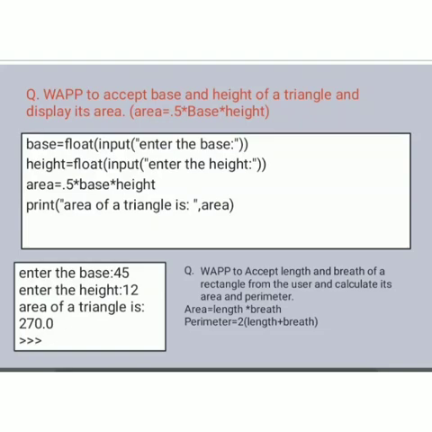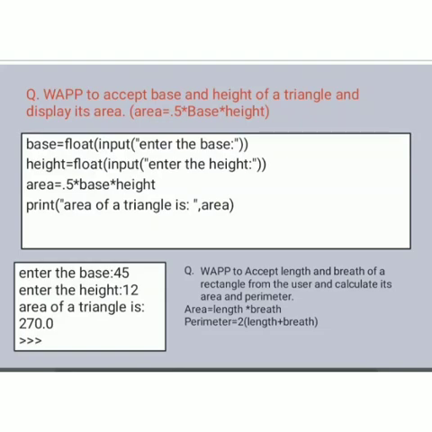It's the time to print the result. With the help of which function? The print function. So the last line of the program we are writing here, print in the brackets, "Area of a triangle is", which is a constant value, comma, it will be displayed as it is. Area is a variable. A variable is not enclosed in double quotes or single quotes because we want its value to be displayed.